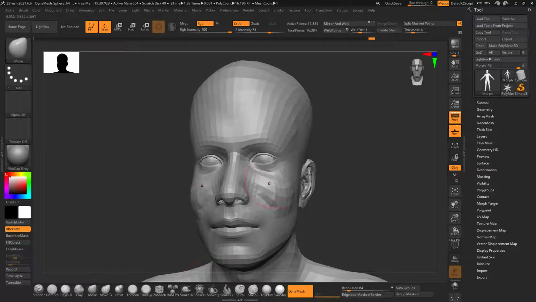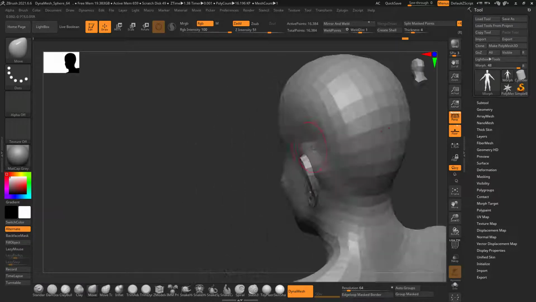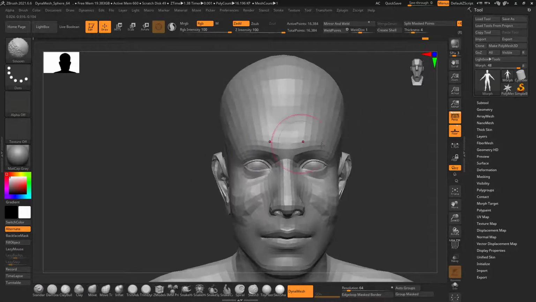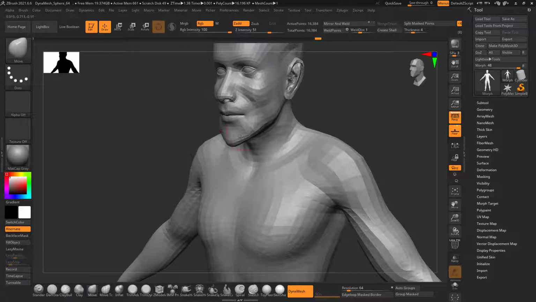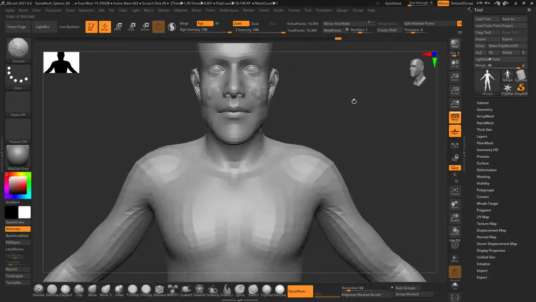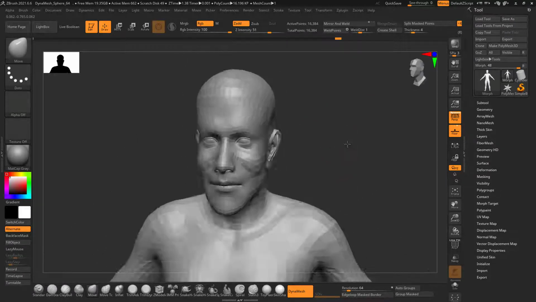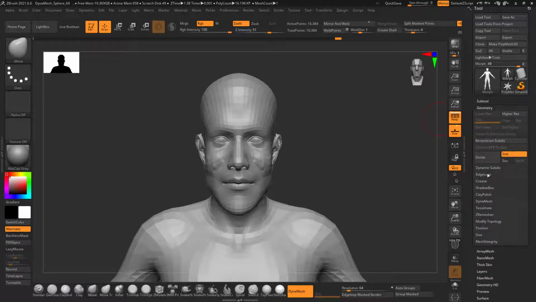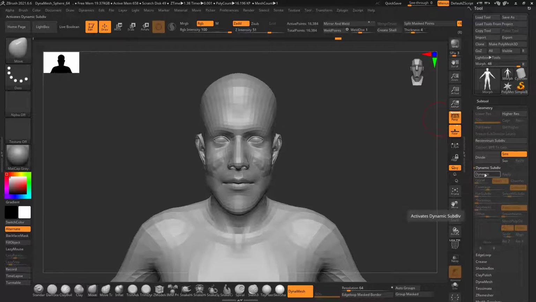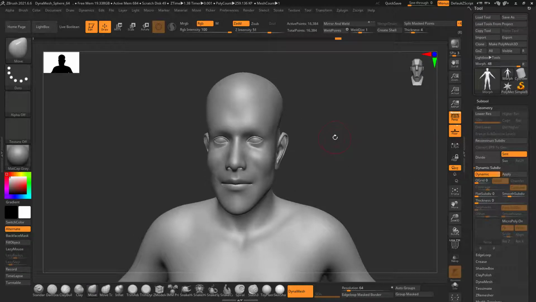Let's move these ears. And you can also go to the geometry and turn on the dynamic subdivision. What it does is create a dynamic subdivision without affecting your geometry.